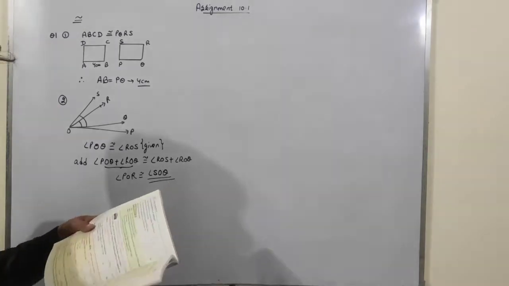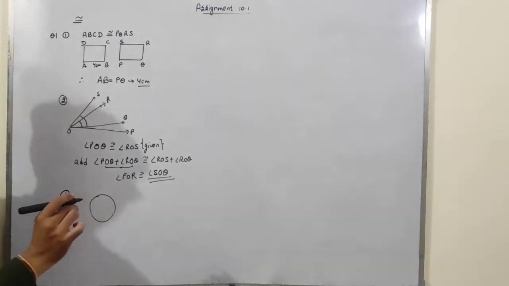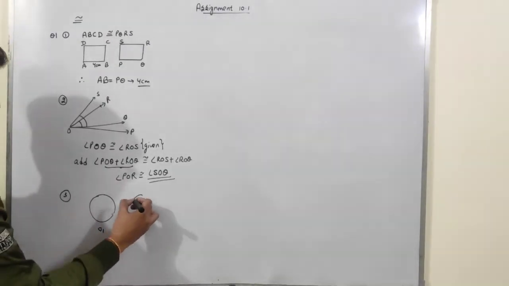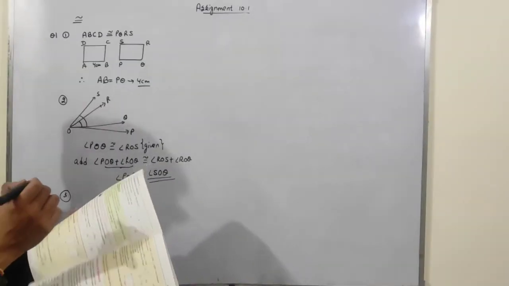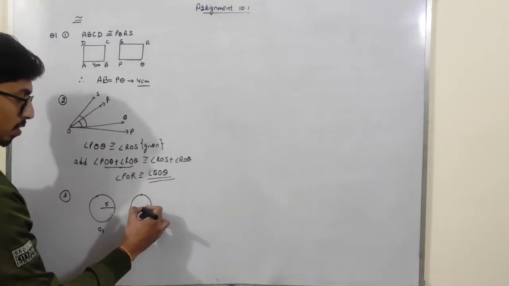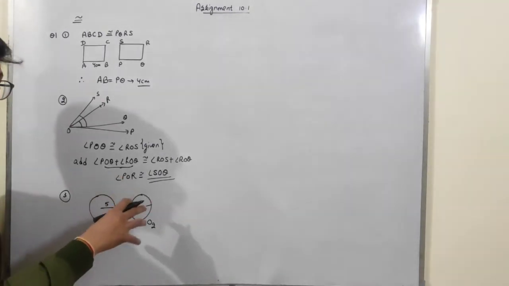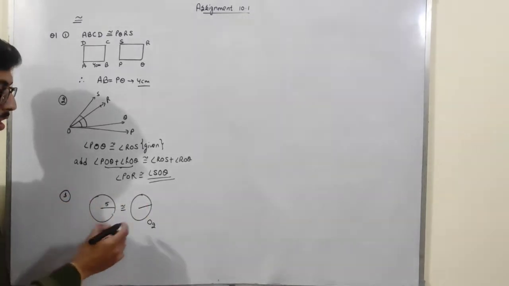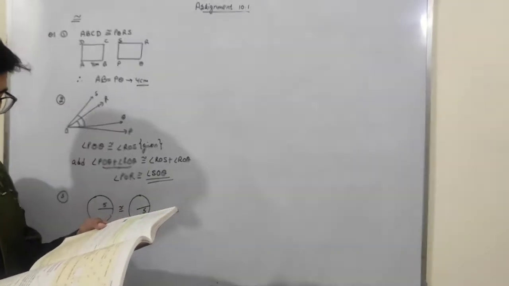Now let us discuss part third. See, there is one circle, circle O1. It is congruent to circle O2. Its radius is 5. Now students, I have to find out the radius of O2. Both of the circles are congruent, so the radii of both of them should be equal because they have to overlap each other. So the radius of O2 is also 5. So 5 is my required answer, that is part D.